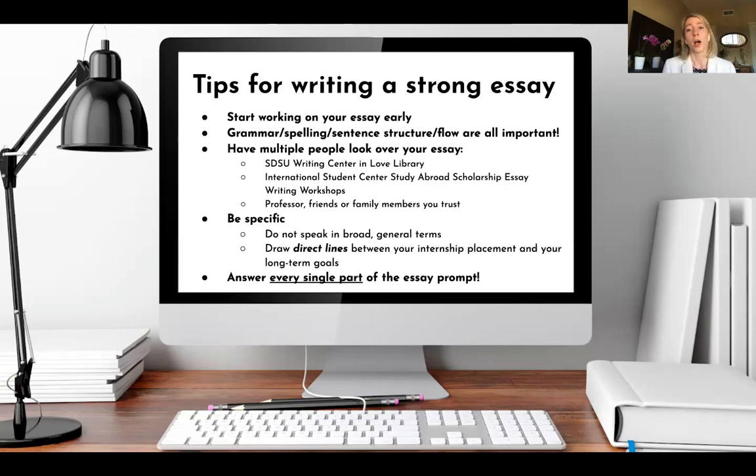And then, more specifically for the essay, things like grammar, spelling, sentence structure, and flow are all important. If the content is great, but it's written in such a poor way that we struggle to understand what you're trying to say, you won't really get the scholarship because it's just not strong overall. And we definitely have a rubric, and that is one of the components on the rubric, to make sure that it's written in a way that is very strong.